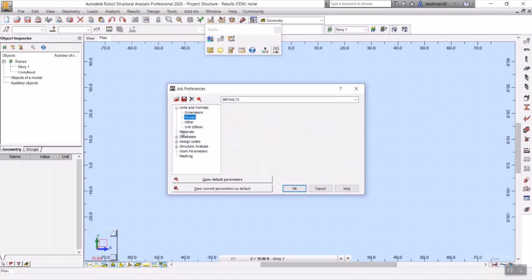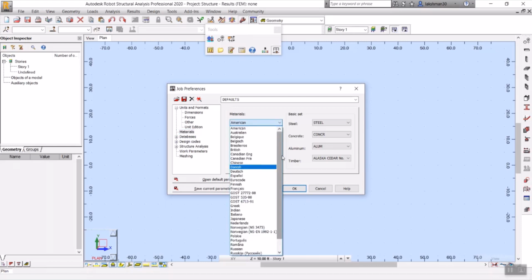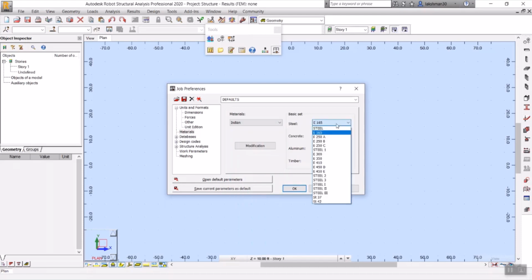Then it's materials. We will have materials country-based, right? For example, for concrete we'll have country-based mixes. Here in India, we follow M10, M20, M30. For steel, we'll have Fe 415, 500, 550. For structural steel, we'll have E250, like that. For every country it will differ. Here in the materials, as I said earlier, we have all countries listed. Let me select Indian. Can you see? As per the Indian codes, we have the materials here for concrete, for aluminum,